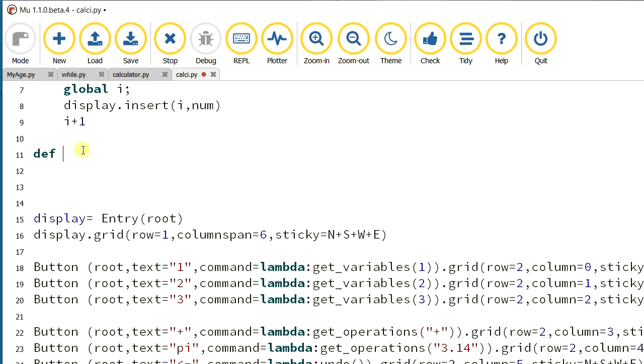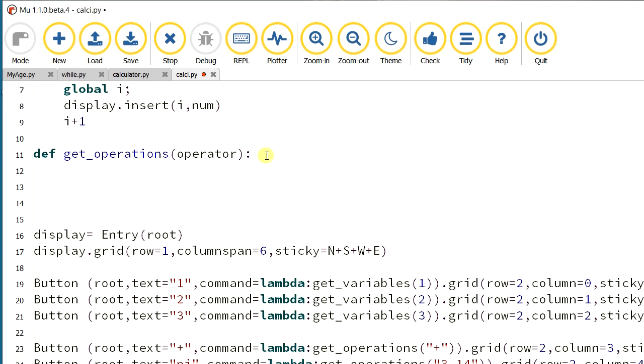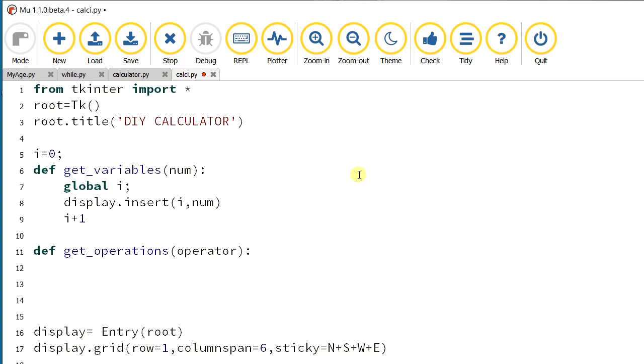Next I am going to write the get operation function. Inside it we get the operator as input, so I name it operator, followed by a colon as per the syntax. These three lines come under this function name, so they are inside it and should stay as they are, don't change them. If you start here, an error will be shown.